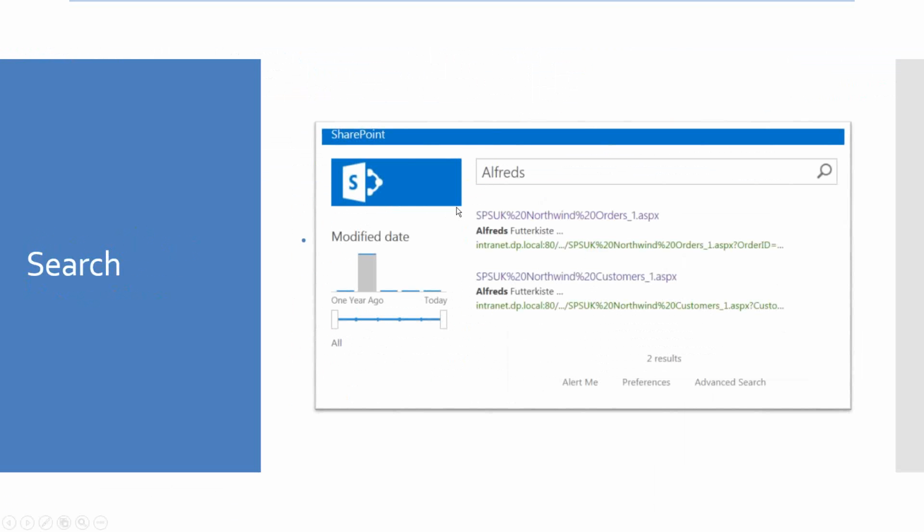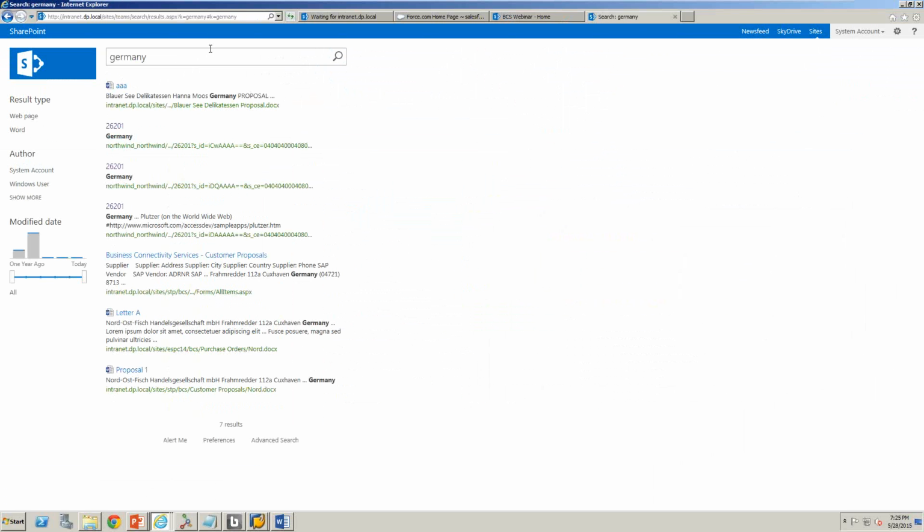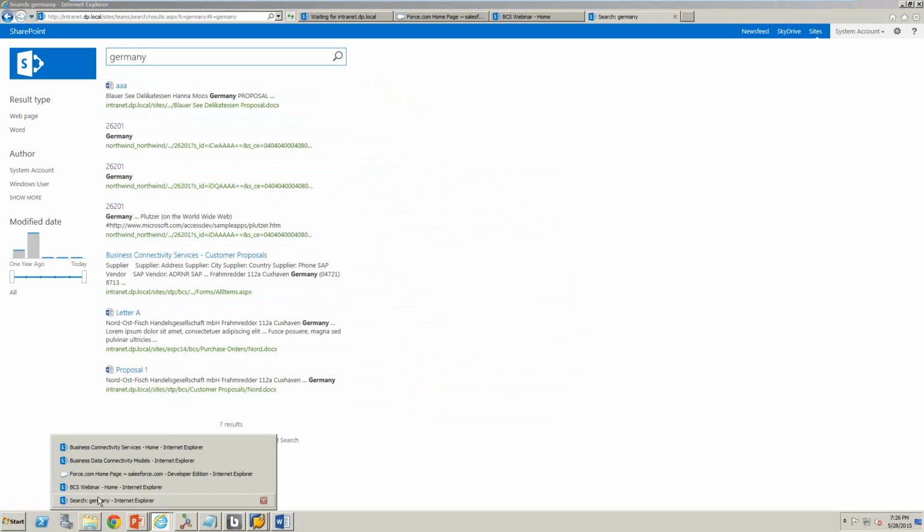We've also got the search as well. So here we can simply go and search on some data. So there's a search I did earlier on. This is returning not just documents that live inside document libraries, but it's also returning data coming from external data sources as well. So via SharePoint Central Admin,